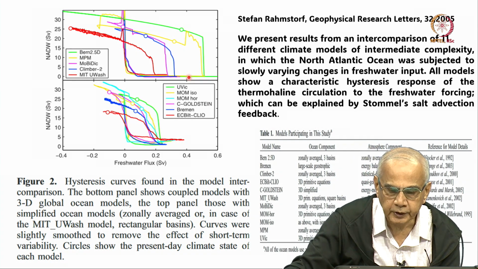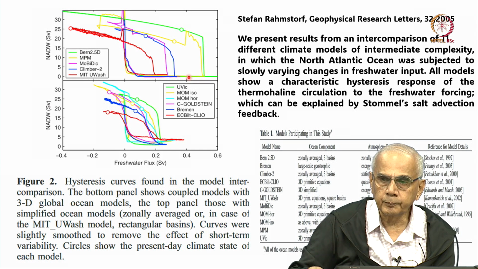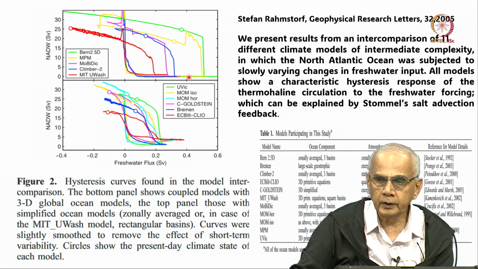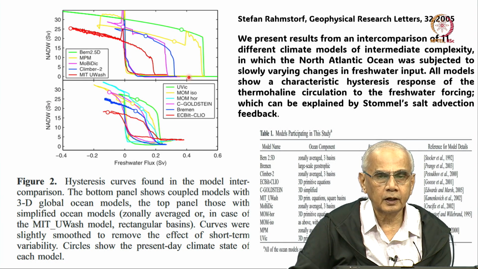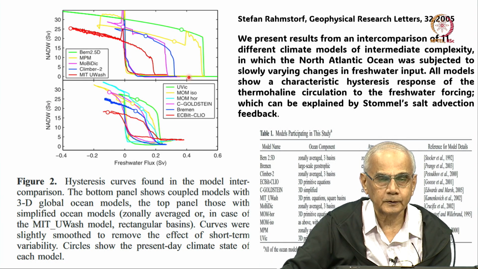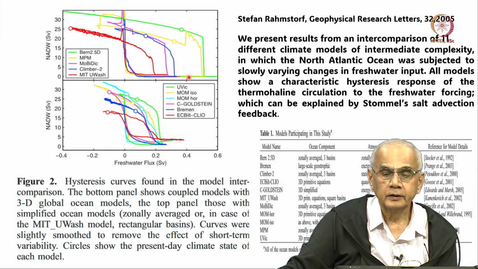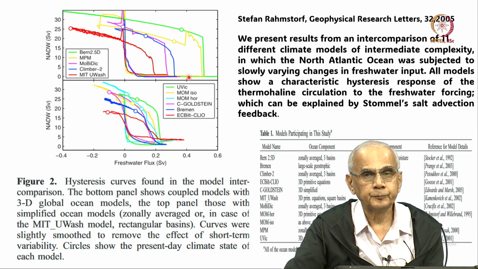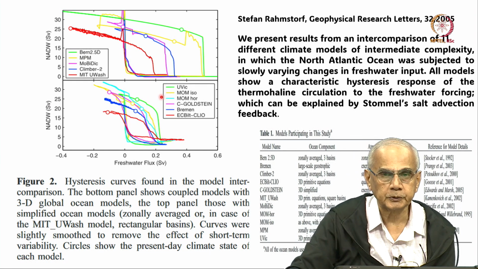There are some people now saying that due to global warming, the Atlantic meridional ocean circulation will stop in another 20 years. Others are saying it will stop in 50 years, and other simulations showing 100 years. Now, this is of course a cause of worry. 20 years is a very short time; if the AMOC is going to shut down in 20 years, we will have serious consequences to global climate.